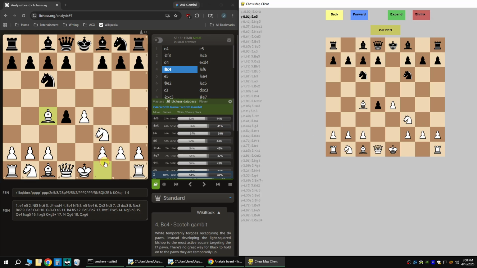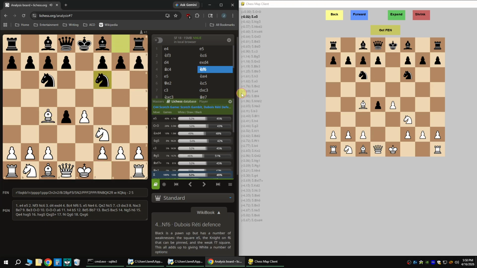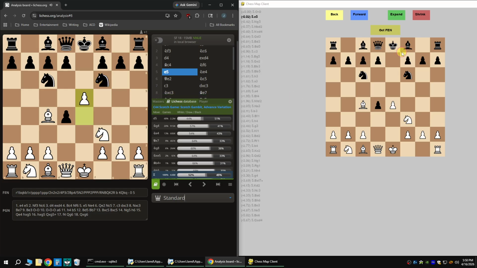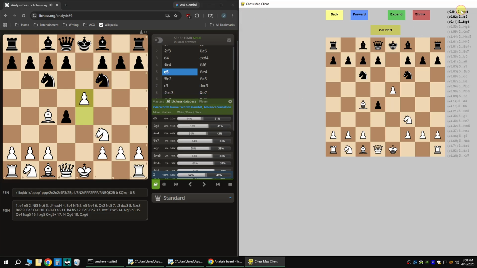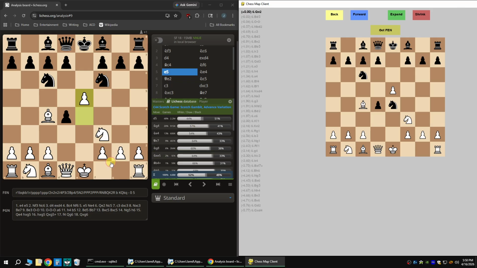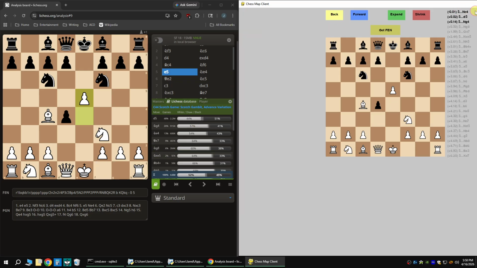So they go knight f6, and that's what these scores are over here. So we do e5. All right, so we covered knight g4, we covered d5, now we're covering knight e4. They jump in the middle. And look at the scores here. It's surprisingly good. At this point in time, at this depth, Stockfish actually likes it best, and yet it is